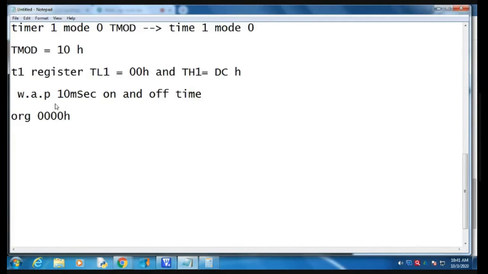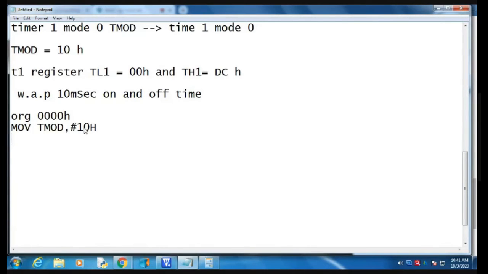Next, we have to configure the timer TMOD register. How do we define the TMOD? MOV TMOD, comma, hash. What is the TMOD value? The TMOD value is 10, so we consider 10H here.